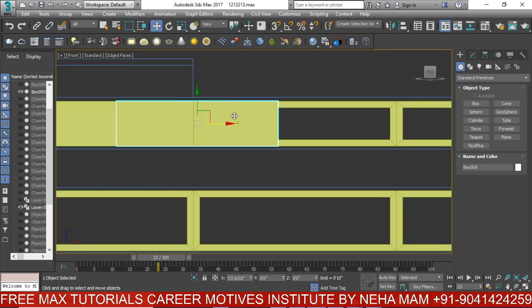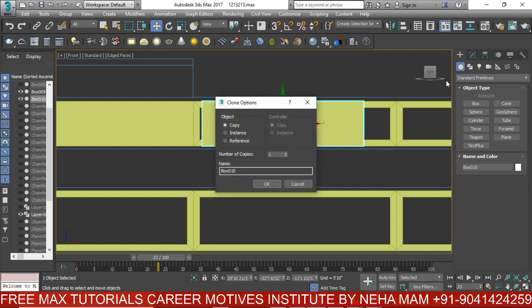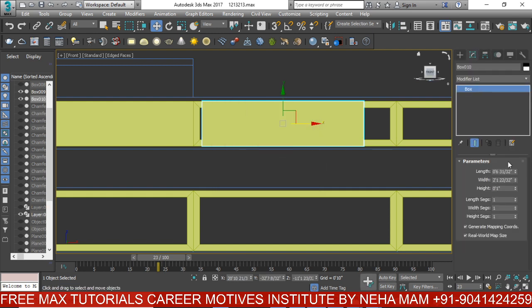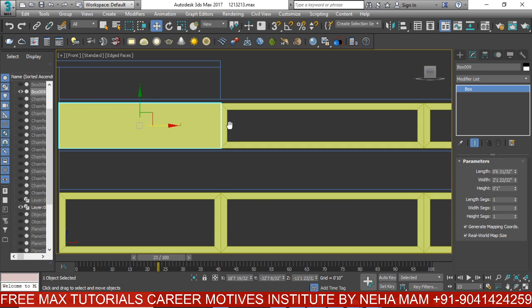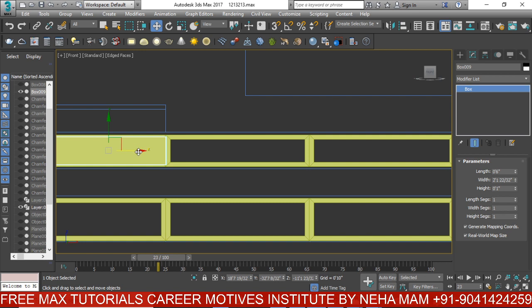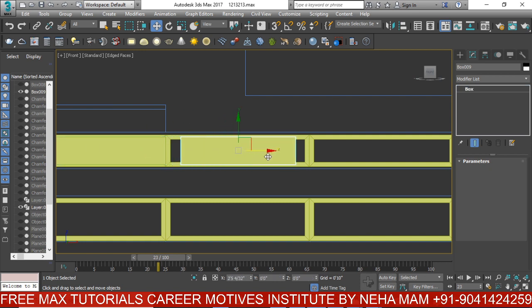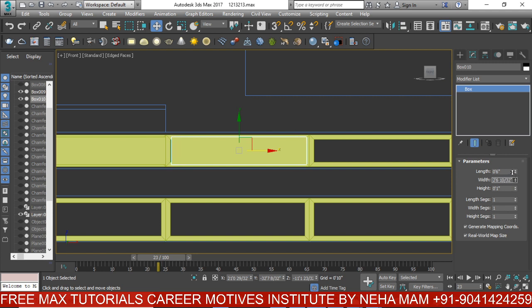Yesterday I have drawn drawers and all, so you can see over there. So here I am going to decrease the width, the height, length. Okay, so 6 inches, and now I'm going to move this,